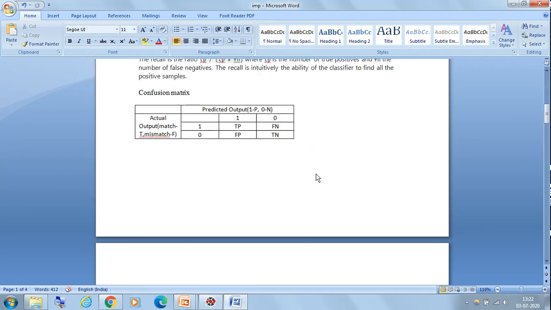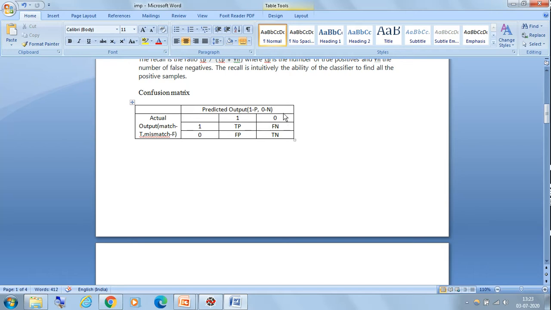You have got output in these columns. Let us say on this side we have the actual output and here we have the predicted output. For a binary classification, binary means you will have output as either 0 or 1. So let us say this is 1 and 0, 1 and 0. Now, how do you remember this confusion matrix?